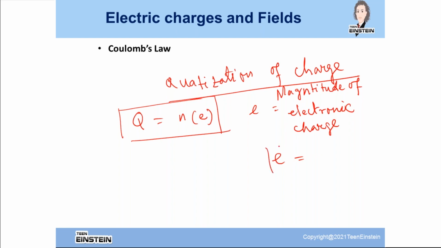Both actually have same magnitude, and as I mentioned that day, if I take the magnitude of electronic charge or protonic charge, this will be 1.6 into 10 to the minus 19 Coulomb. Okay, so when we can express any quantity, not only charge, suppose I have 100 rupees,